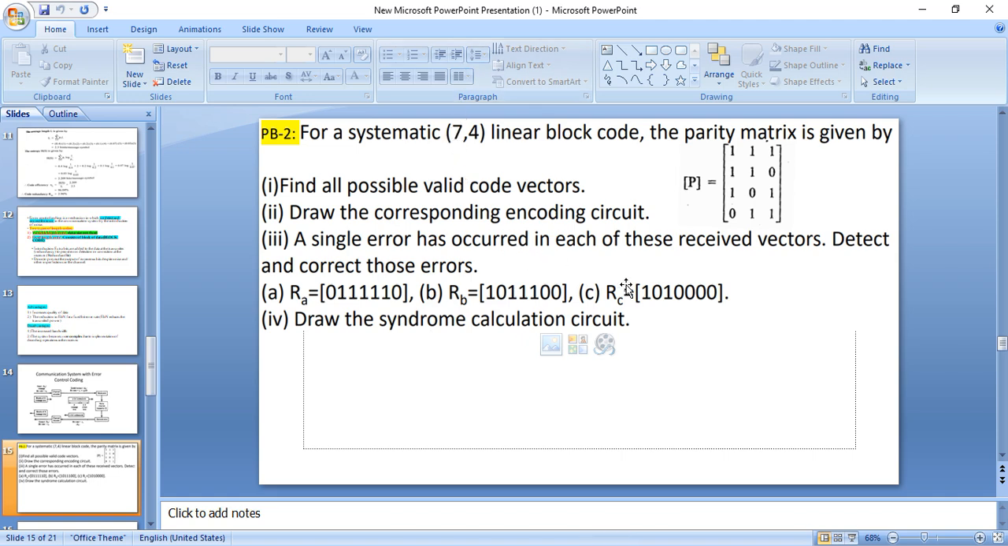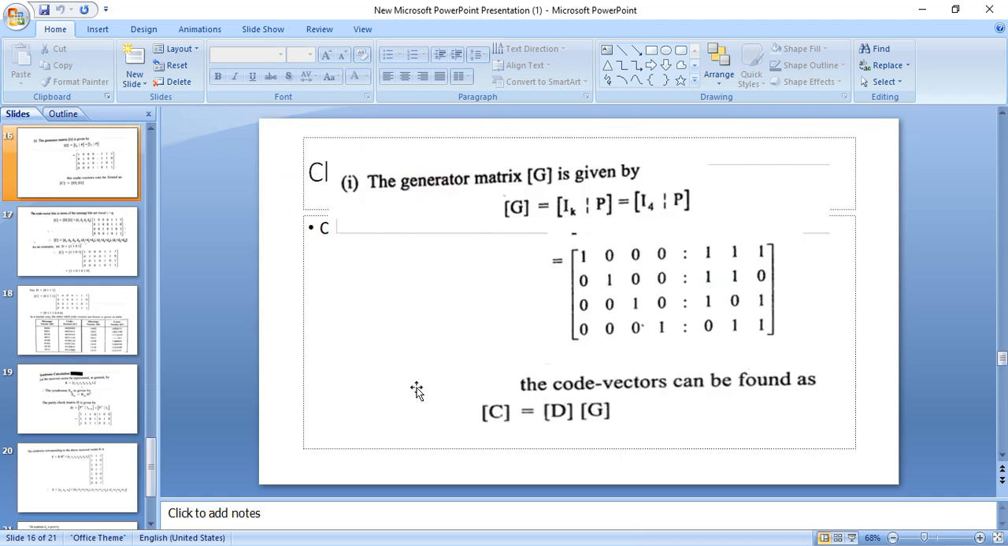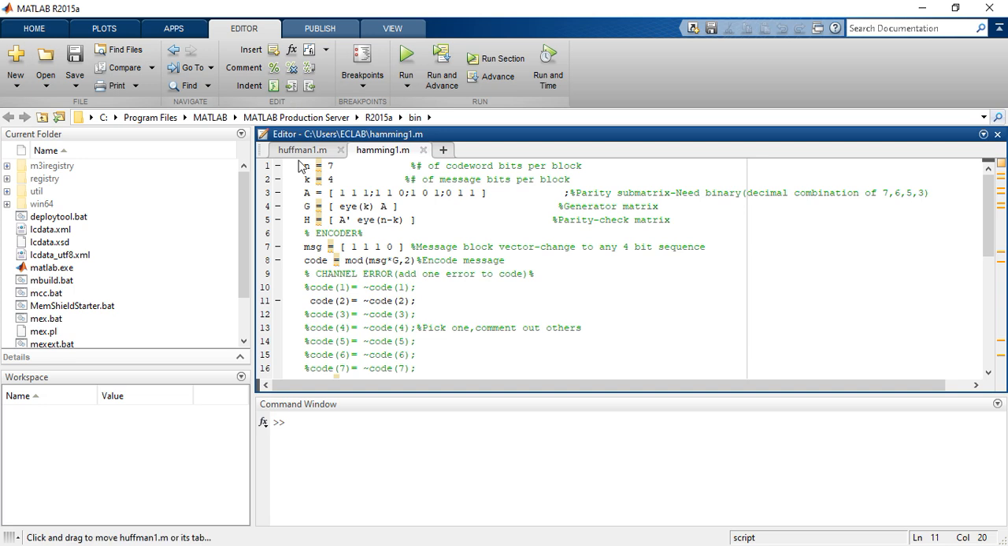So we need to generate the code words from the channel encoder. After that we need to check what is the received vector. Then we need to detect any error present in the received data, and later it should be corrected. Okay, so this is the procedure we need to follow, and this is the code we have written in MATLAB